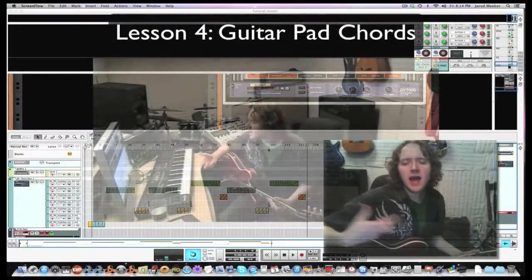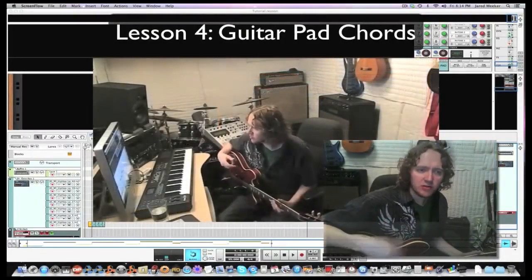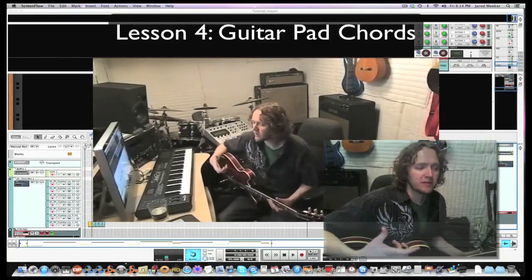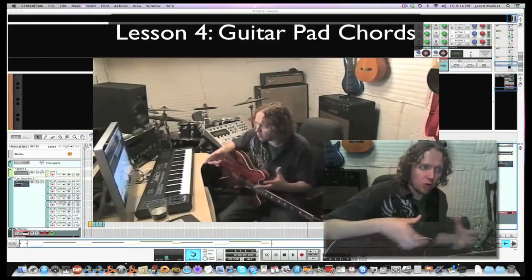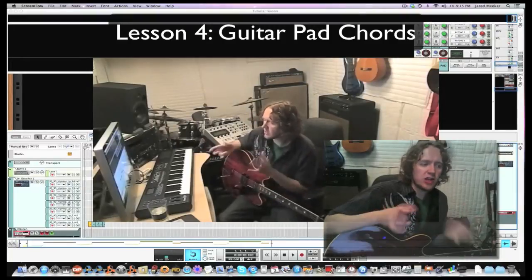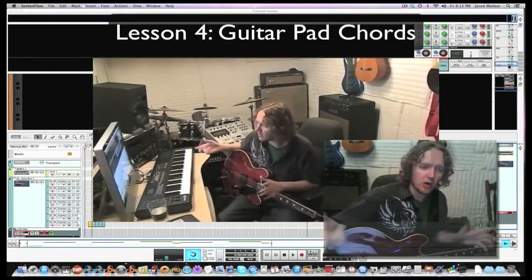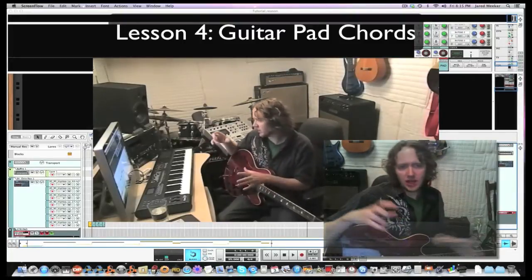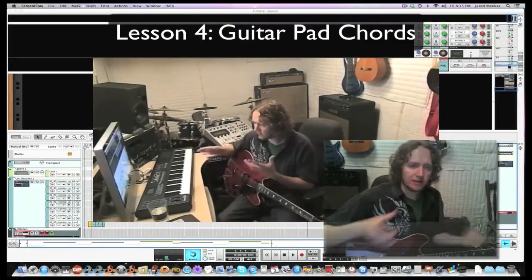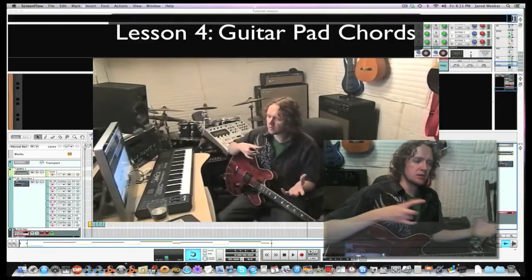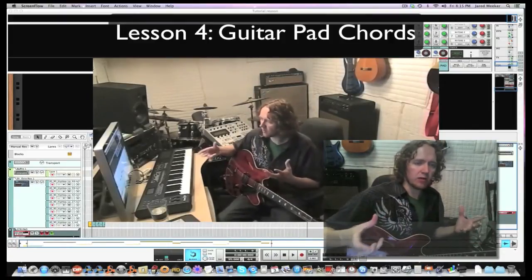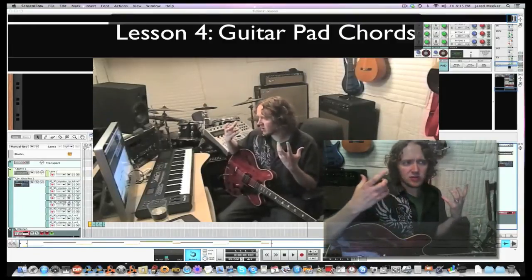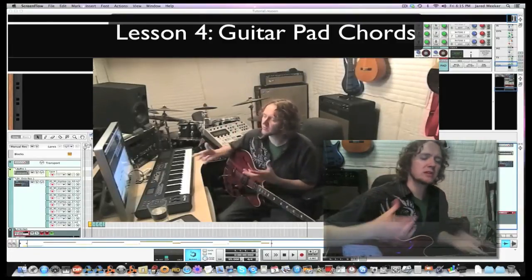Okay, now we're going to add harmonic material to this composition. And what I mean by that are specifically chords and what the chord progression and changes are going to be for the entire song. Specifically, we have a verse and a chorus section, so we're going to make different kinds of chords to elaborate on those changes to make distinct harmonic changes between the different sections of the